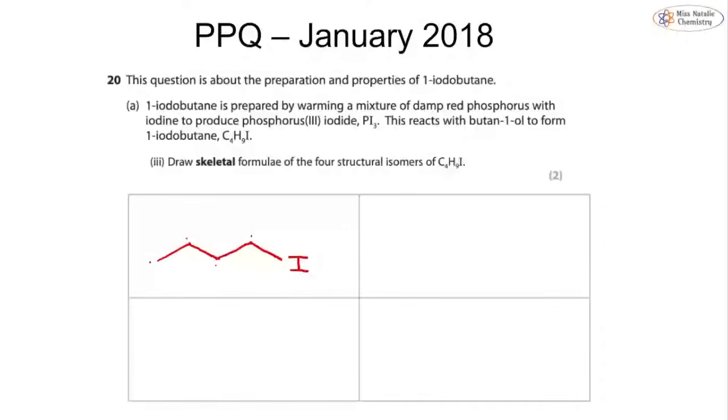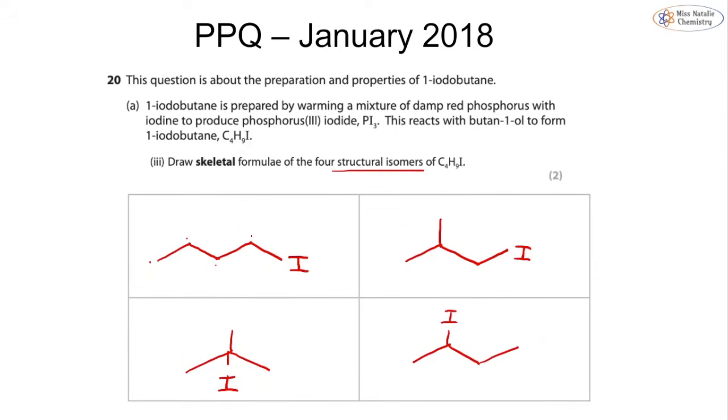Okay. We can then also have a branch. Again, another branch. And we can form our basic 2-iodobutane. So remember, whenever we're drawing any structural isomers, the first thing that you should do is look